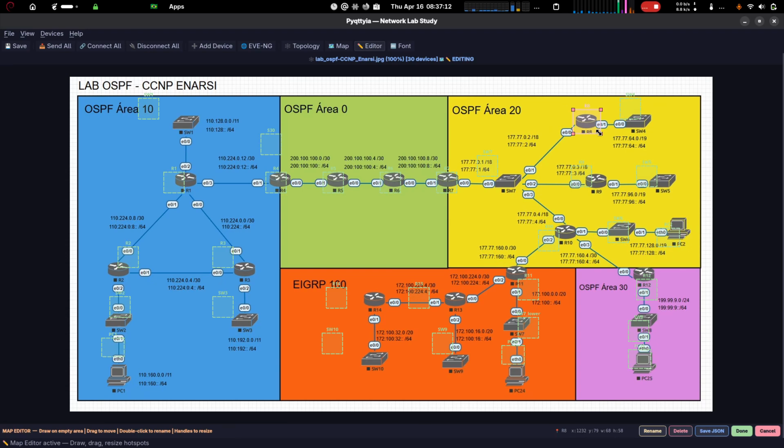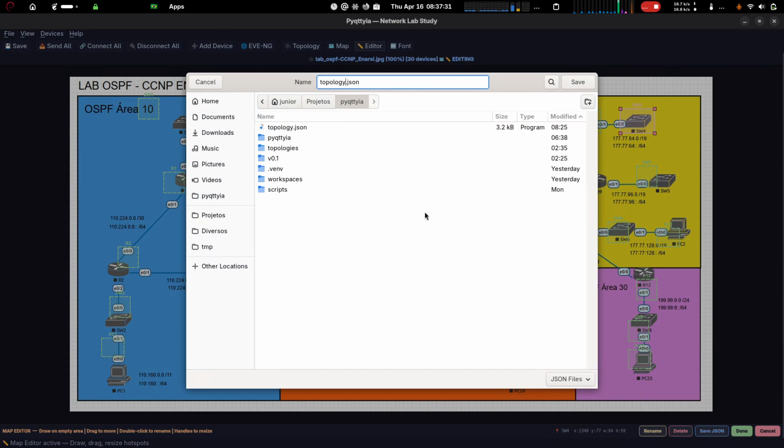Okay, and I keep doing the same for the others. Then I come here and save, and I'll overwrite the file I made here. Okay, done.